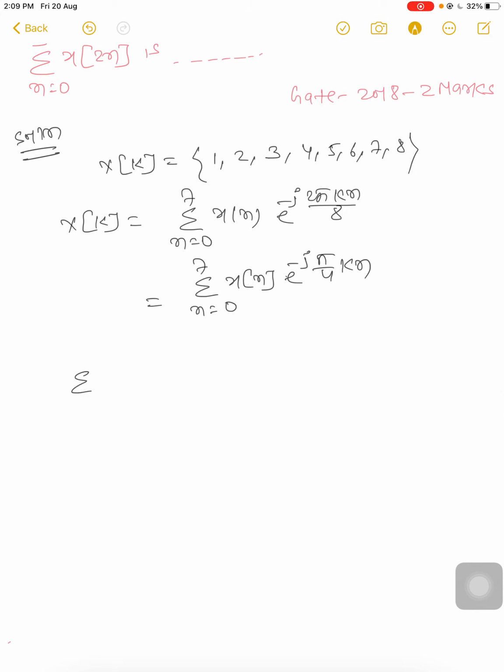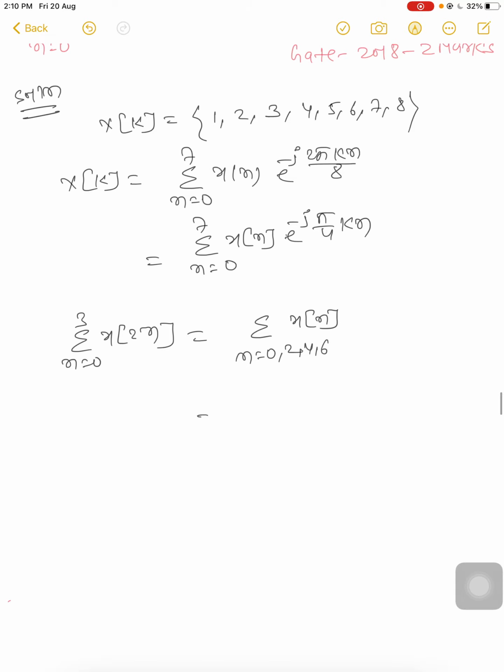Now the summation for n = 0 to 3 of x[2n], we have to find out its value. It is the sum over n = 0, 2, 4, 6. When you put 0, it will be x[0]; when you put 1, it will be x[2], and so on. We have to find only those positions, and we can simplify it as half the summation for n = 0 to 7,